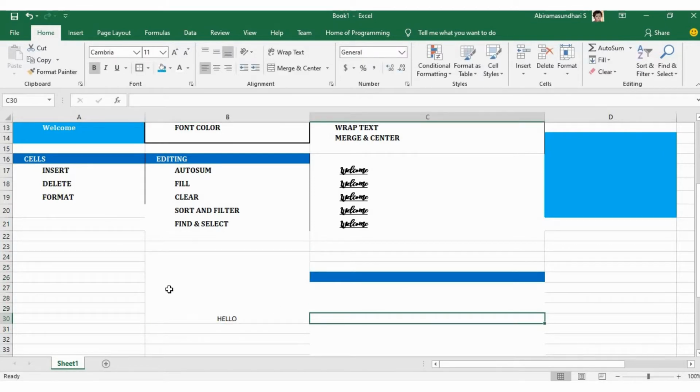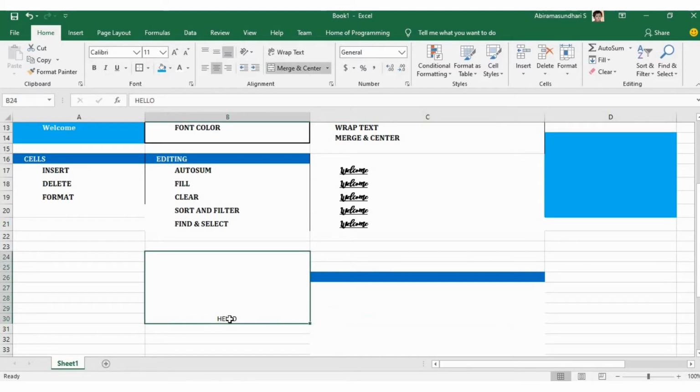As I have merged these cells into a single cell, I can make the text be in the center. I click on this particular cell, and when I click on middle align, your text will move. If you want it in the top portion, we can move it. For this purpose, we have top align, bottom align and middle align.